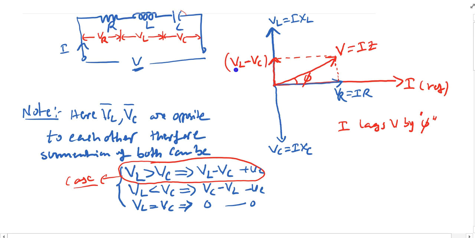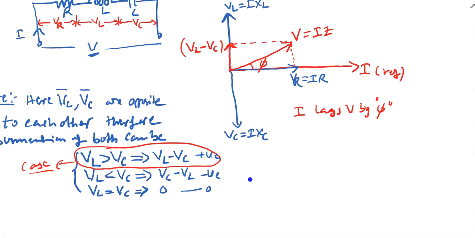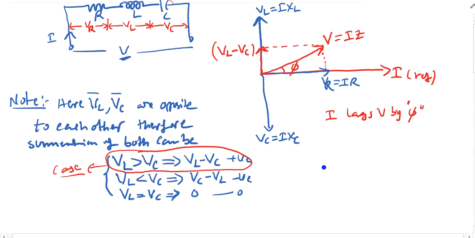That's why my VL is greater. So it is inductive dominance, and then obviously my current lags voltage by some angle phi. So that is what you are trying to get. Similarly, if you talk about the same kind of thing,